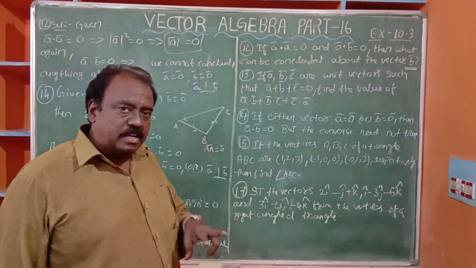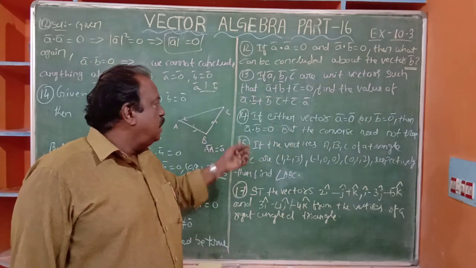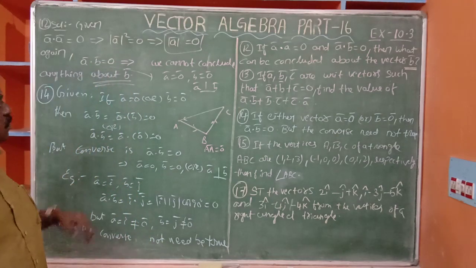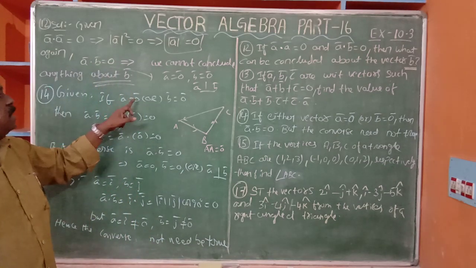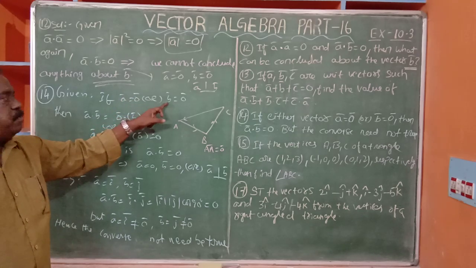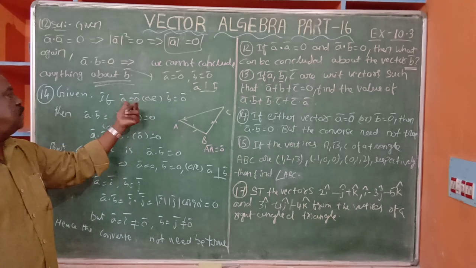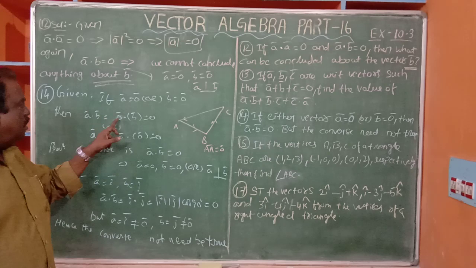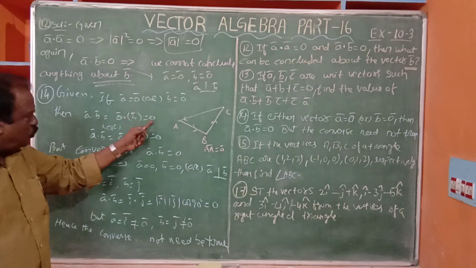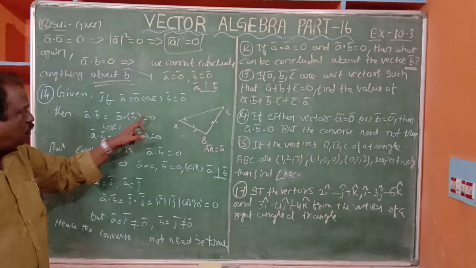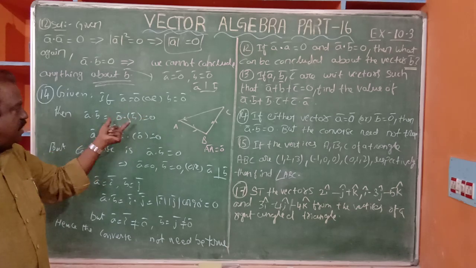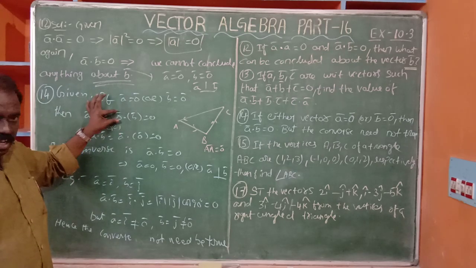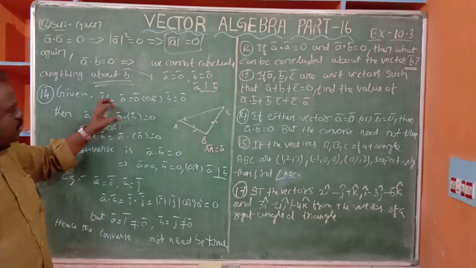If any one of the two vectors A bar and B bar is a 0 vector, then the result of A bar dot B bar is equal to 0. That means if A bar is 0 bar, or otherwise B bar is 0 bar, that is, any one of the two vectors is a null vector, then A bar dot B bar is 0 bar dot B bar. So it is 0. Not 0 bar, it is 0. Its result is a scalar, its result is a number. So if any one of the vectors is a null vector or 0 vector, then the dot product is 0.